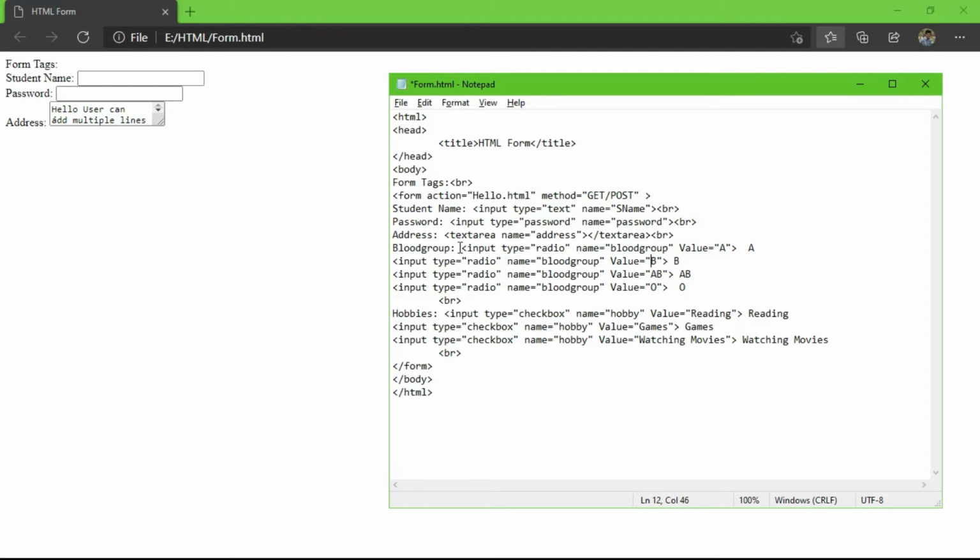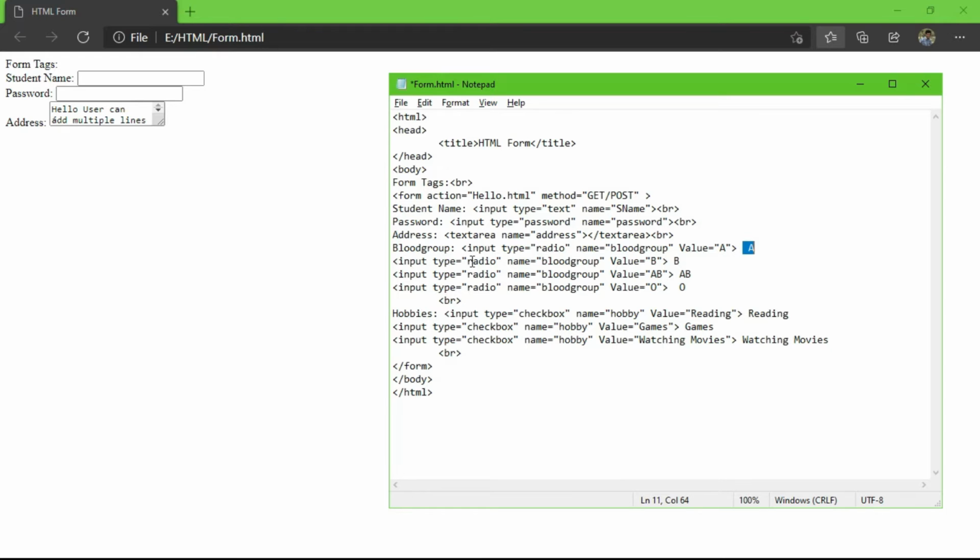So the basic syntax of radio button is one input tag, followed by the label of the input tag, that is A. Then the same for B, AB and O. And next is checkbox. When we want the user to select multiple options, we use checkbox. I have chosen the example of hobbies, because one person can have multiple hobbies.